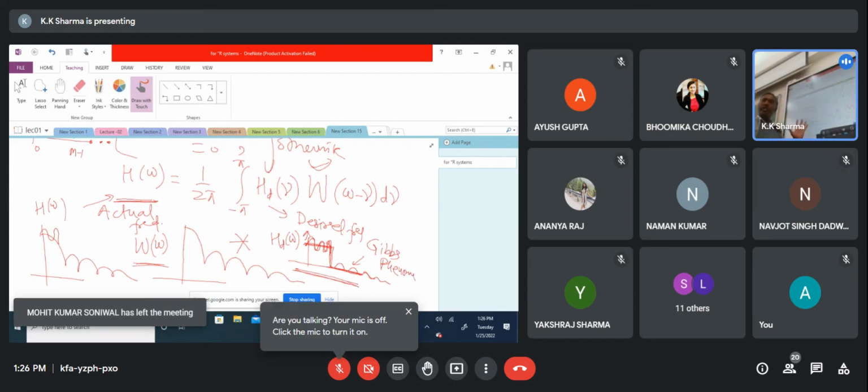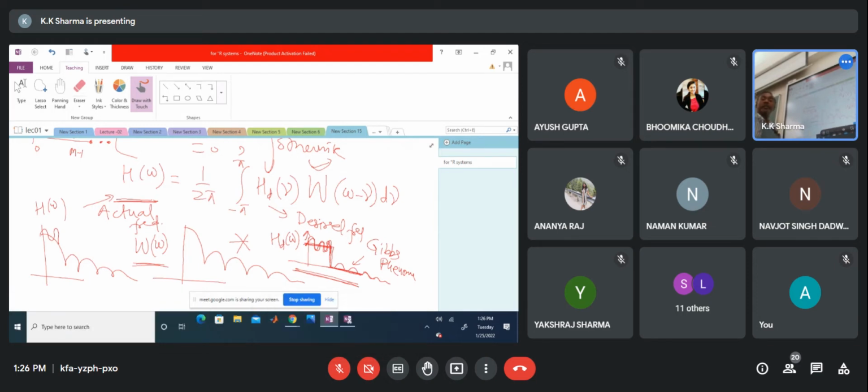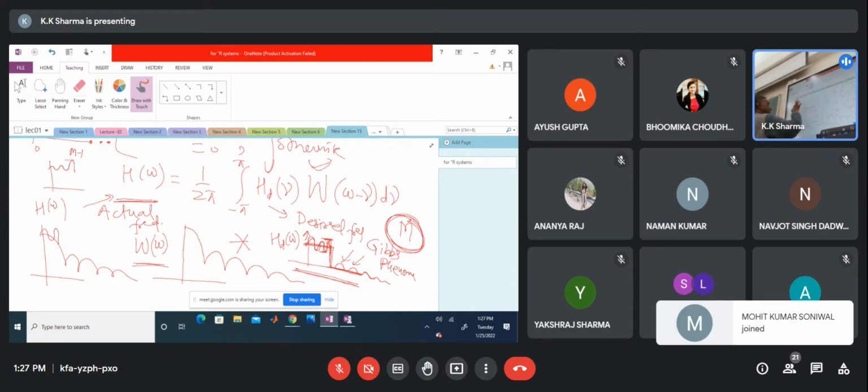These oscillations also result from the truncation of the Fourier series. So this is also a truncation of h_d(n), similar to the truncation of the Fourier series, which also leads to Gibbs phenomenon. And of course, if you remember, the height of these ripples remains the same. If you increase the window length or filter length, let us say I denote the filter length by M, and if I increase M, it may so happen that the ripples get concentrated near the edge boundary, but the peak amplitude of these ripples will remain the same.